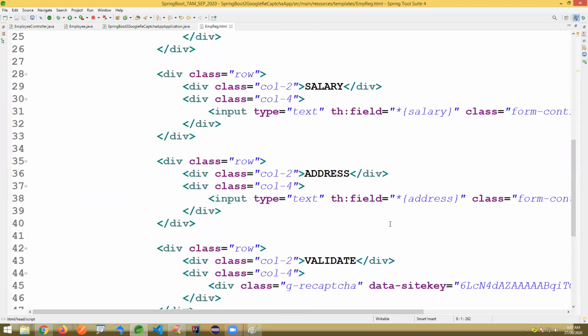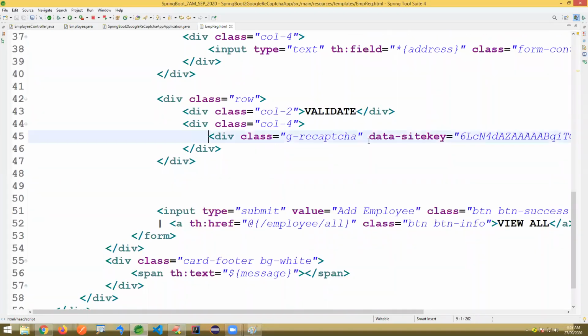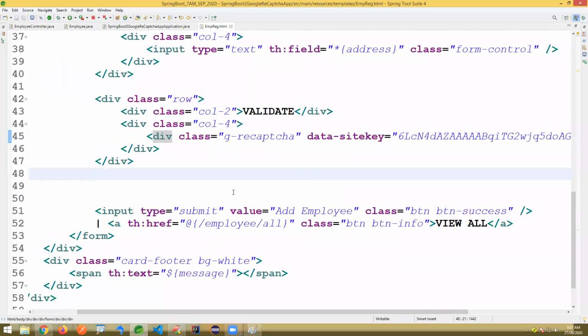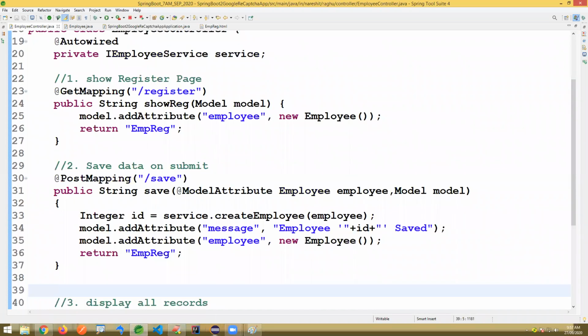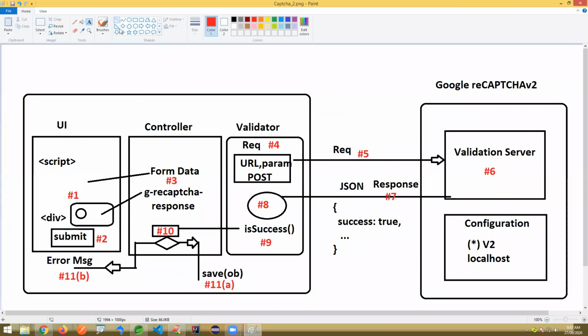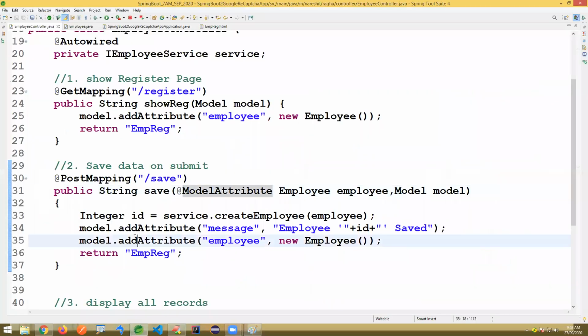Okay, and second one, that is adding this div section. It is done. And next, second, in the controller, we have to read the data and we have to validate. Directly you can write validation in the controller, or else you can write a separate validator. First, I'll write the logic in the controller, then I'll make it some standard using some validator. First, directly I'll write in the controller only here. Later I'll just move to a separate validator class. I'll show all the possibilities.